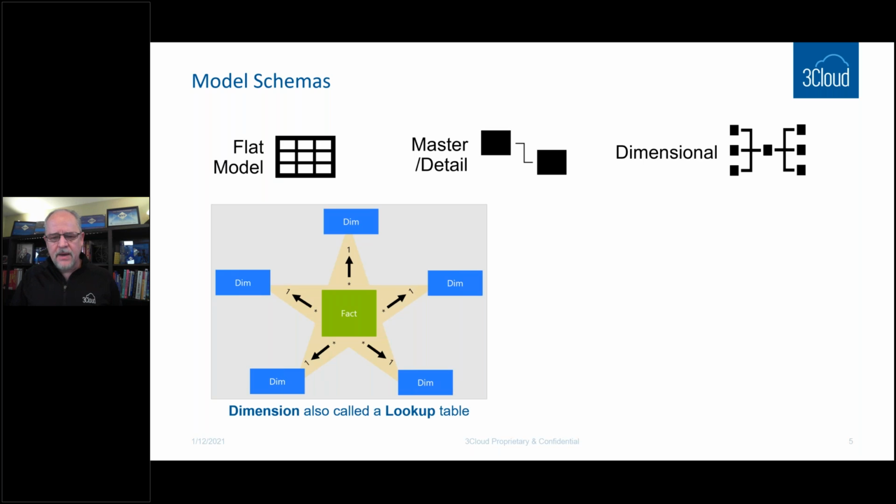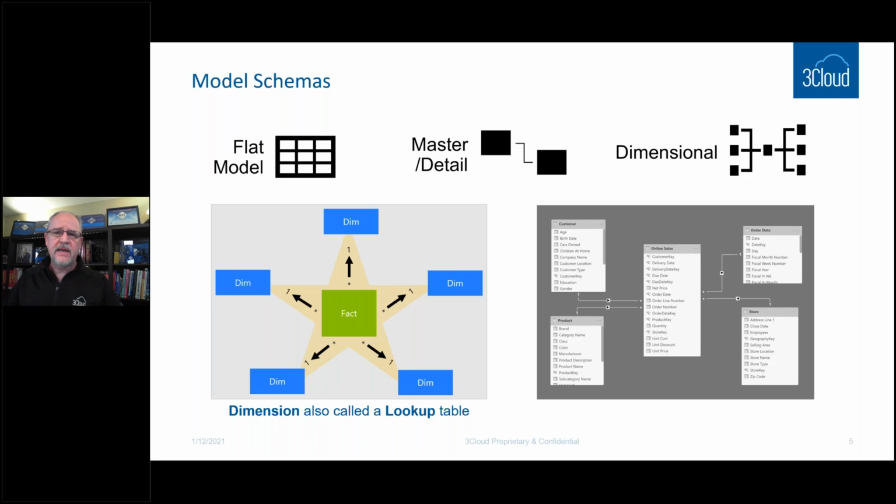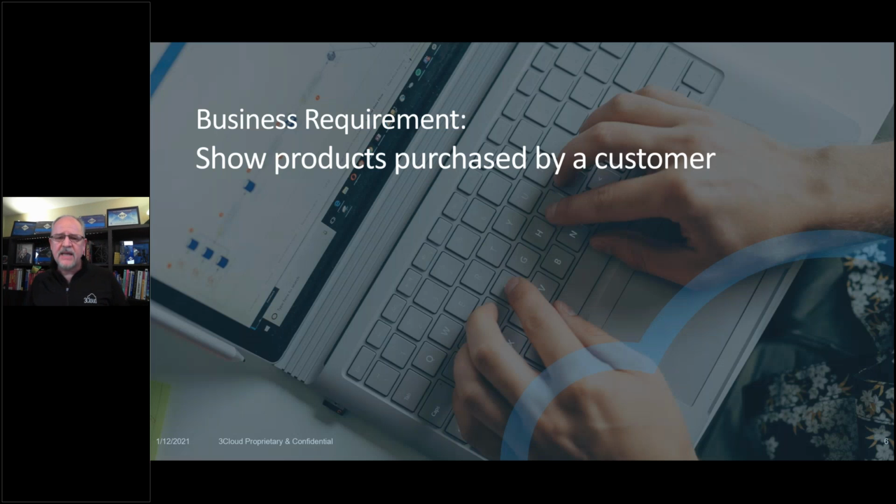So in the business world, we often use the term lookup table rather than dimension table, just to say we've got a table of customers, so we go look up a customer, we look up a product, or we look up a store. And then the fact is the actual metrics, the numeric values that we aggregate against those things. How many sales? What were the total sales? What was total sales quantity for a customer? By customer, we're going to sum up quantities. And so the materialized view of a dimensional model may look something like this. All right, that's about all we're going to do as we talk about these concepts.